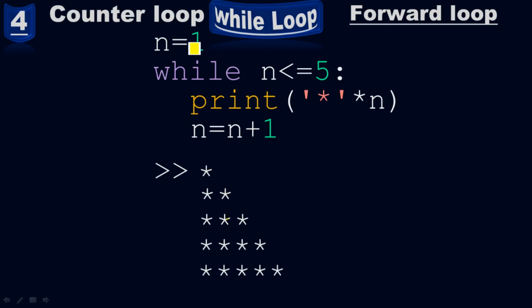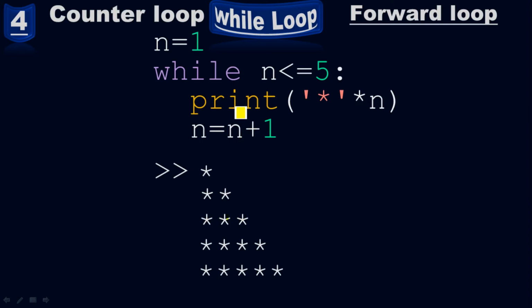Look, initially n equals 1, so it will start with 1. 1 will be added to 1, so 1 plus 1 will be 2. So instead of writing 2 here, I will see 2 asterisk symbols. And then the while loop will execute one more time to add to the previous value. The previous value was 2, so 2 plus 1 will be 3. I will have 3, but instead of the number 3, I will see 3 asterisk